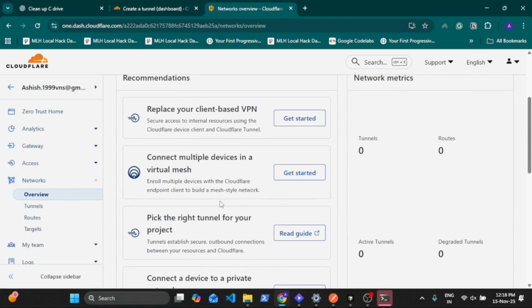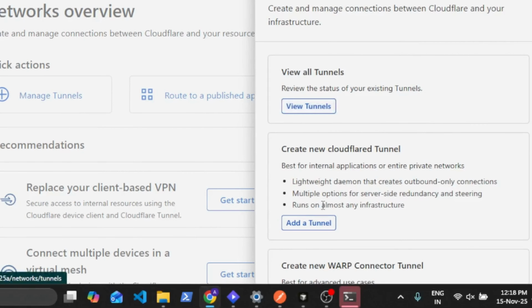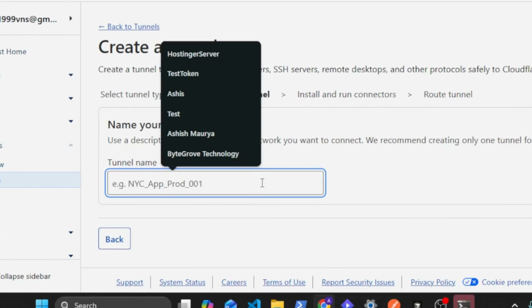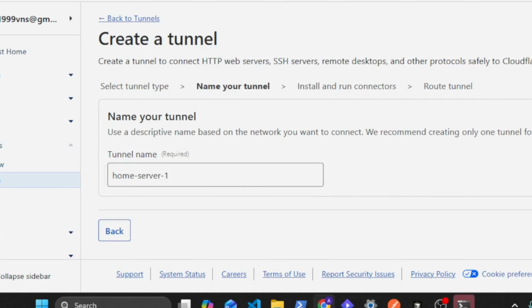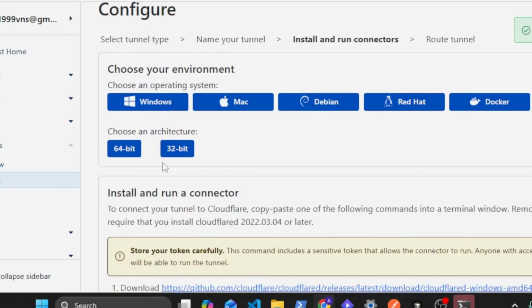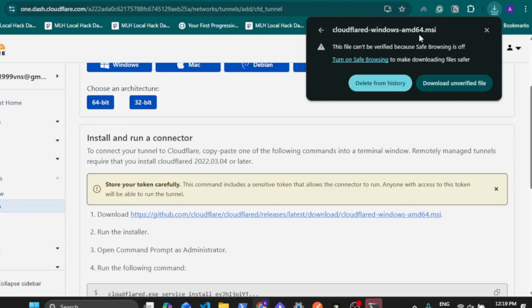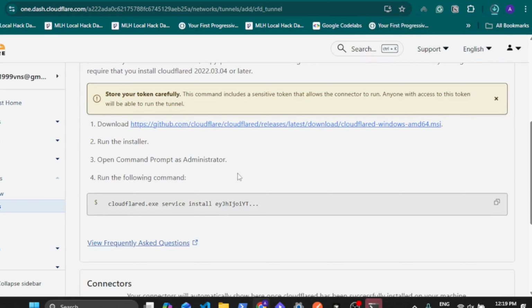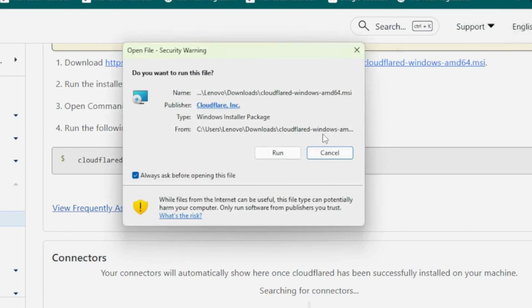Now, in the networks, you can go to manage tunnels. Inside that, add a new tunnel and give it a name. For me, it was home server. Choose what environment you are running in. For me, it's Windows 64-bit. And once done, download it. Now just follow the instructions on the screen. Just run it. Once the installation is completed,